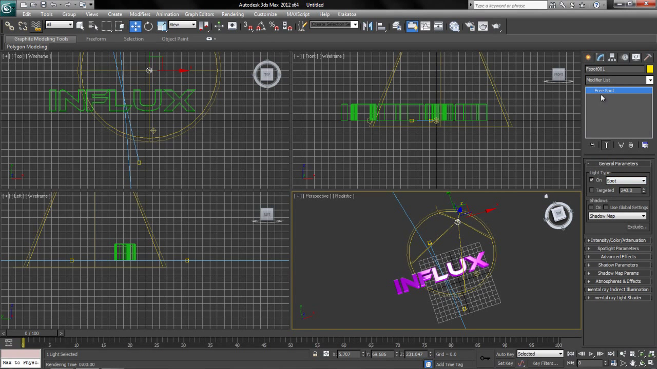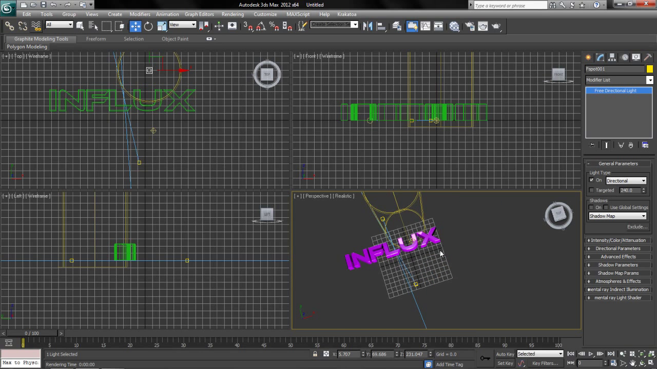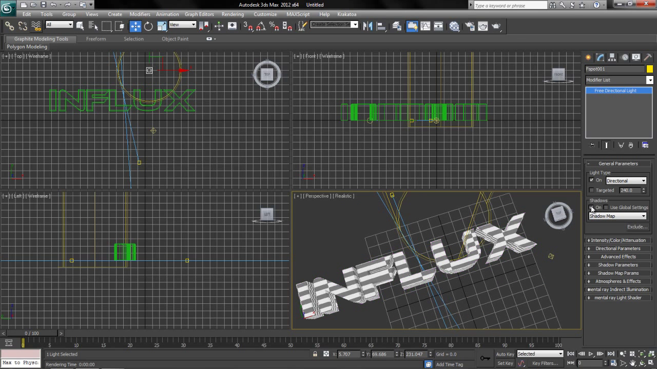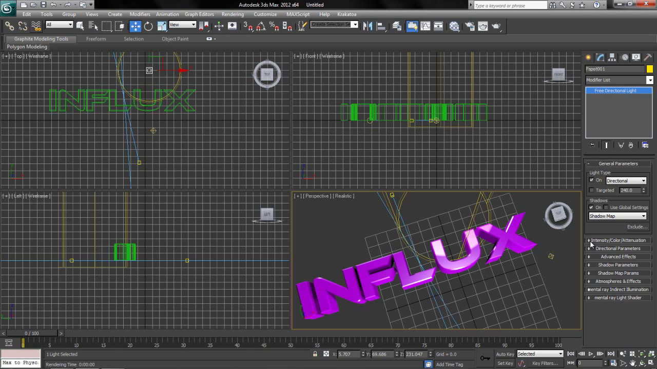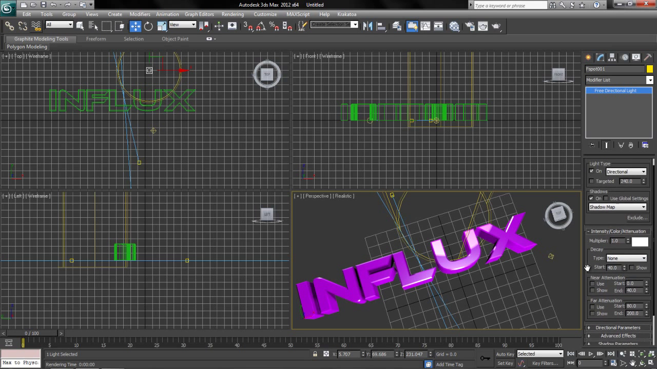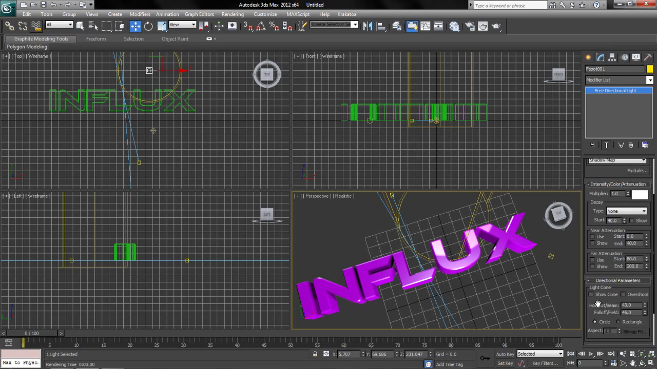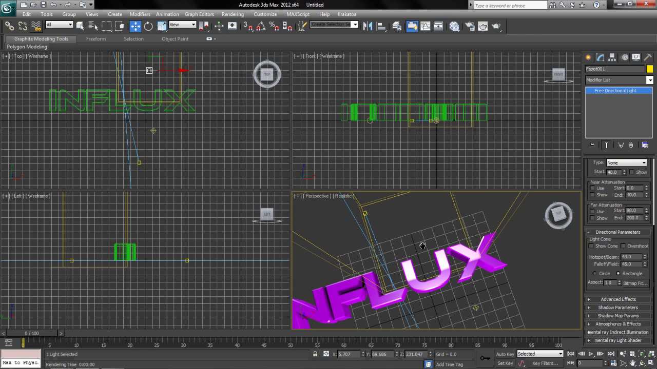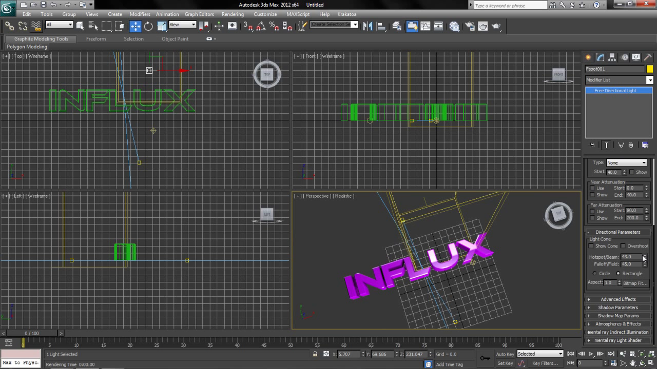So click on to modify, and under the general parameters we're going to select directional. It should open up a cylinder and make this sort of lighting circle. Shadows, we're going to select on and leave it at shadow map. Intensity color, leave it. Directional parameters, here we're going to want to select rectangle instead of circle. We're going to click rectangle and it should make it a box. And then we're going to change the falloff field and change the